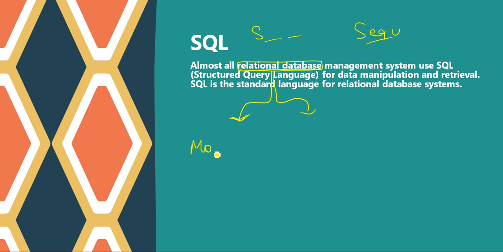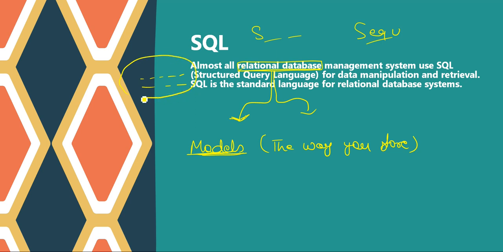Actually, we have seen different models. Models means the way you store data. So we have seen different models to store data. Let's say we have some amount of data, and it totally depends on me how I am going to store this data. Either I can use the file folder system, I can use other models, right? So we have different models available. One of them is DBMS, then we have the network model, so many models which we have discussed in our previous classes.